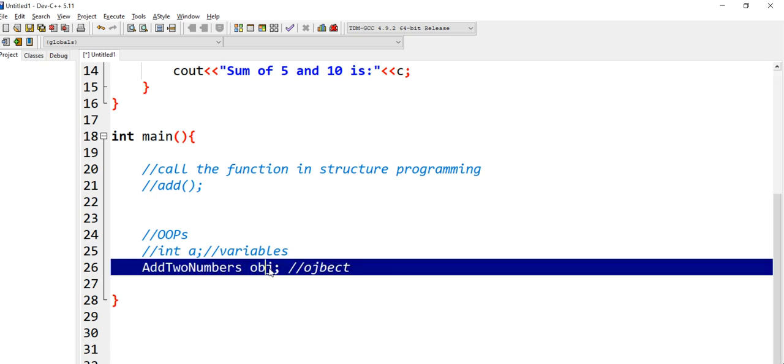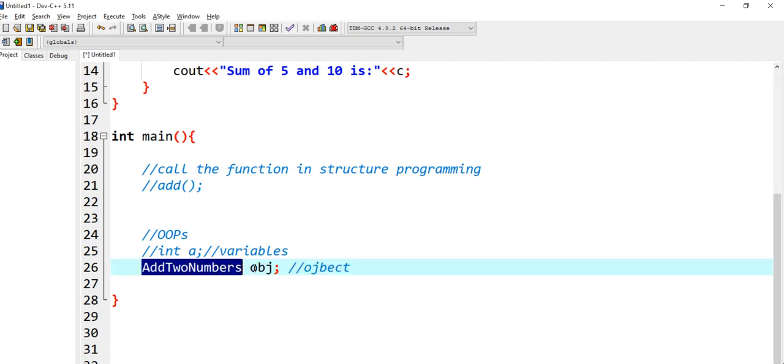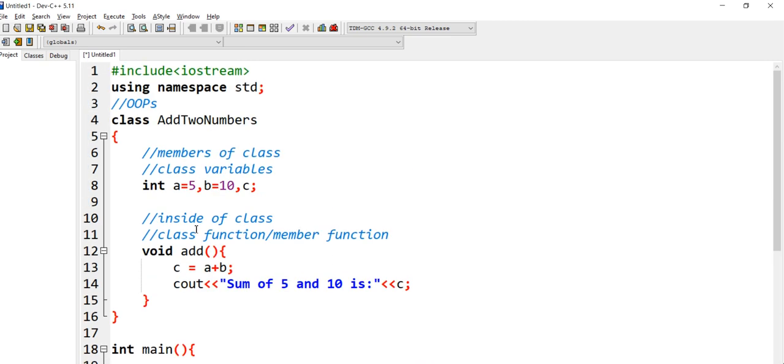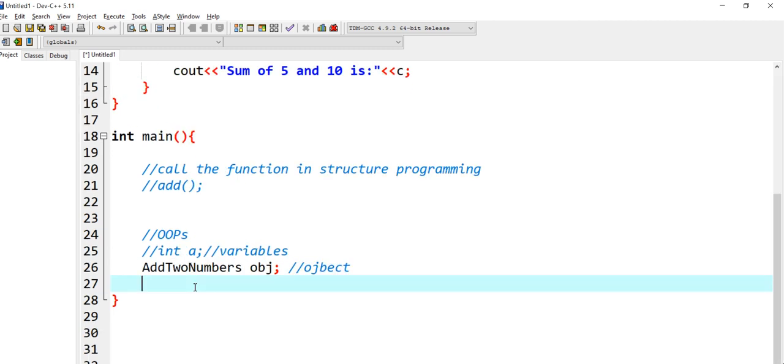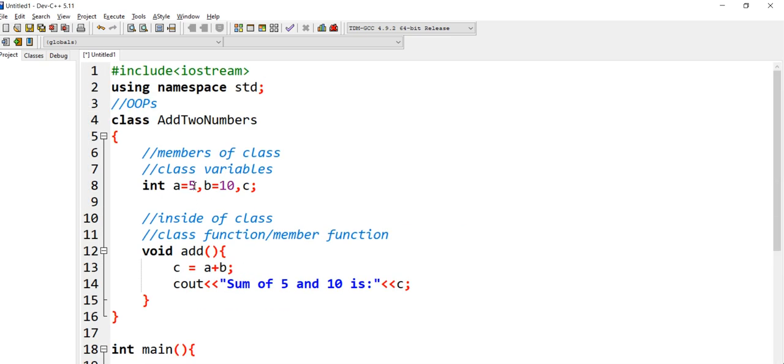So this is an object of add two numbers. Now I am familiar with this class. Now I want to connect with this add method, or call this add method. For this I need to use this object first, and via this dot operator, now I can call any function. Now I can call this function add.